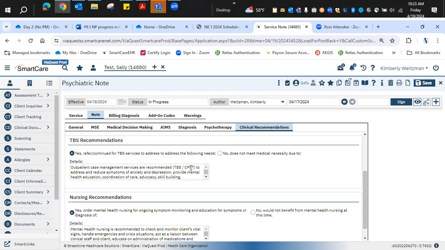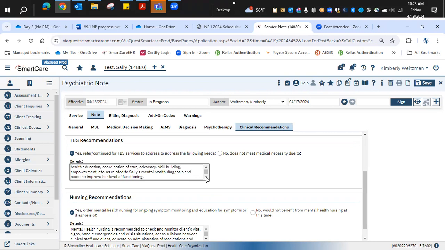You want to use TBS and CPST. CPST is for phone calls. You want to be able to have that case manager bill for phone calls as well as case management. And then some whys: to address and reduce symptoms of anxiety and depression, provide mental health education, coordinate care, advocacy, skill building, empowerment, as related to that client's mental health diagnosis and needs, to improve their level of